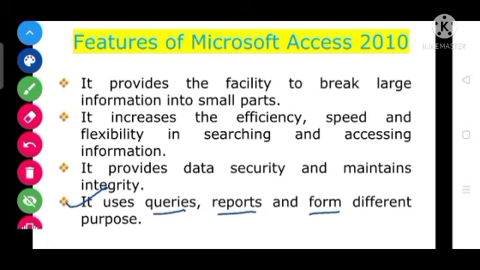As I told, queries are used to find the data which we want from the whole database, reports are used to convert it into a printable format, and a form is used to get input from the user. I hope you all understood up to here, what the different features of MS Access 2010 are.